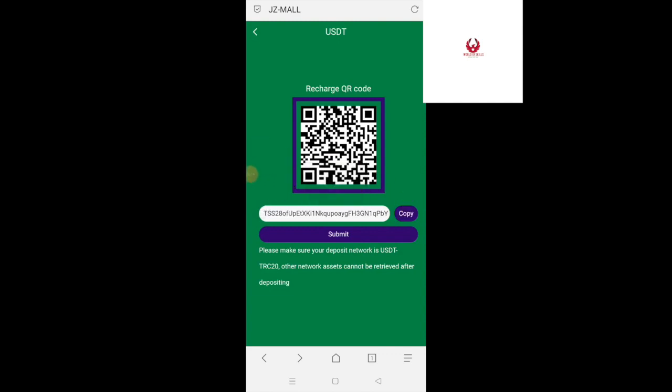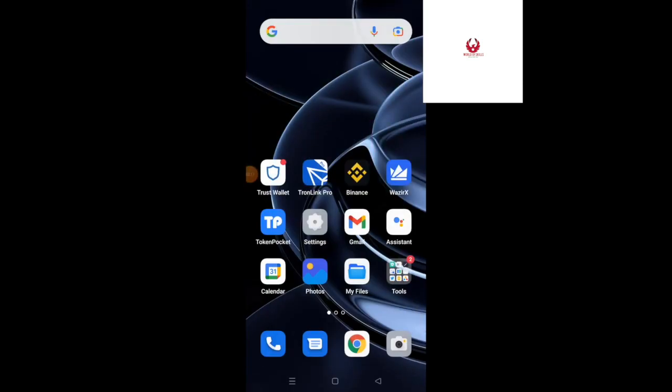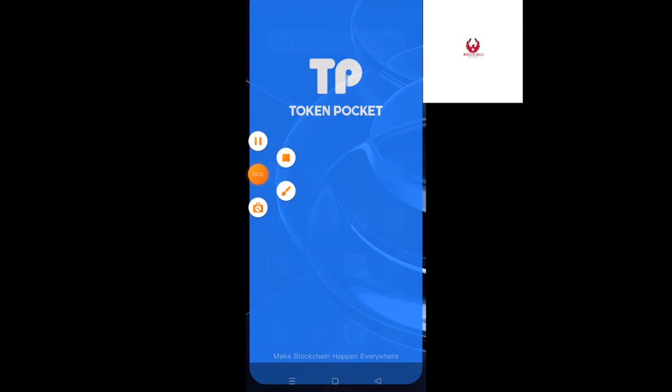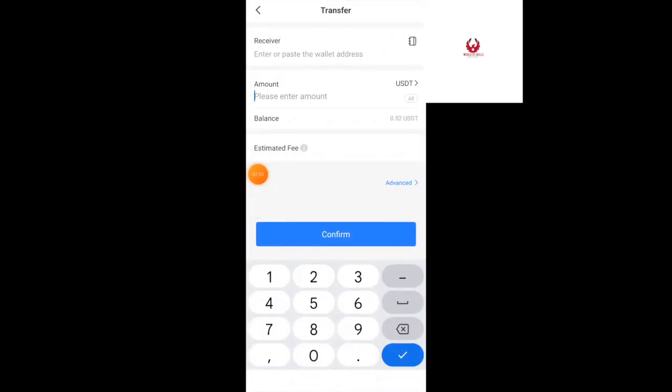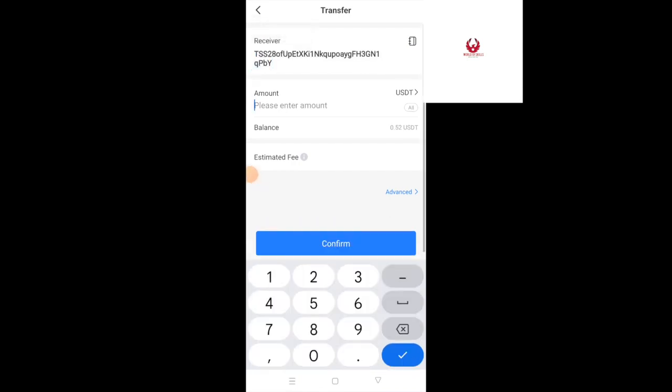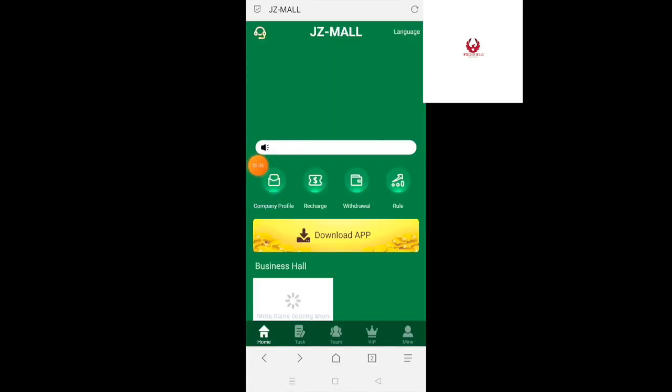Also, folks, I will tell you the best way to recharge. Folks, basically click on recharge. Folks, you need to tap on copy. Also, folks, after clicking on copy, essentially you need to go back, and after returning you need to open your token wallet or whatever else is used. Essentially open this, just click on transfer, and folks, enter the address here, and then enter the exact amount, which is 10.6, or whatever it is.